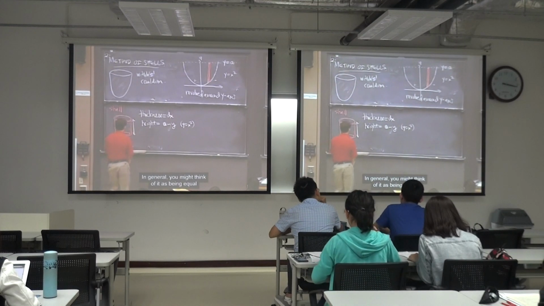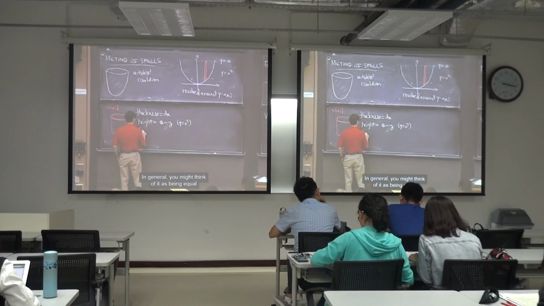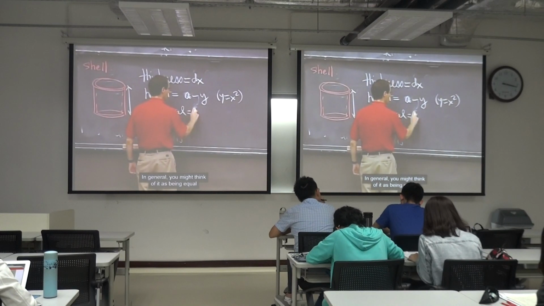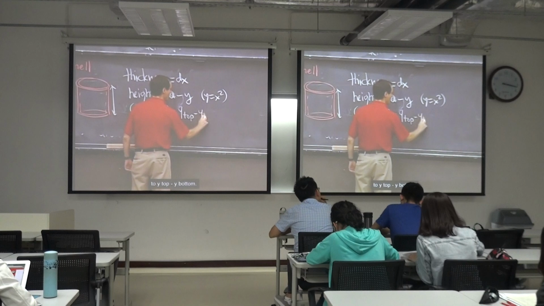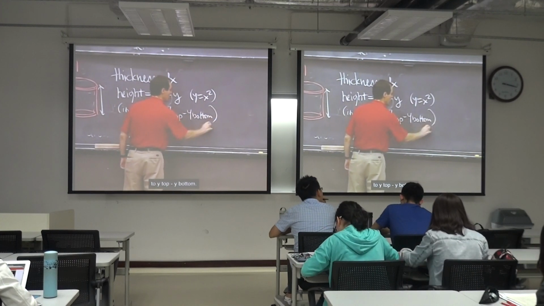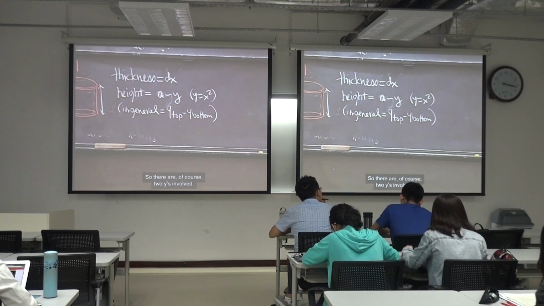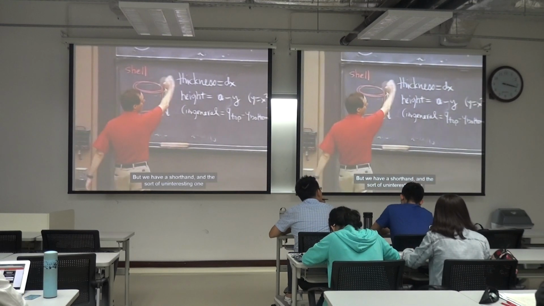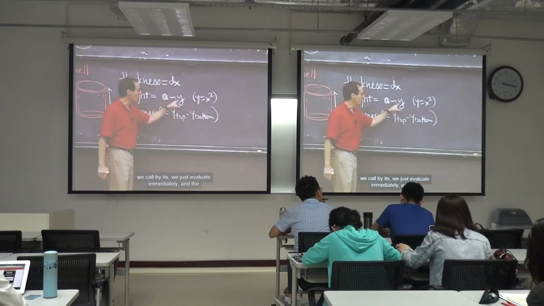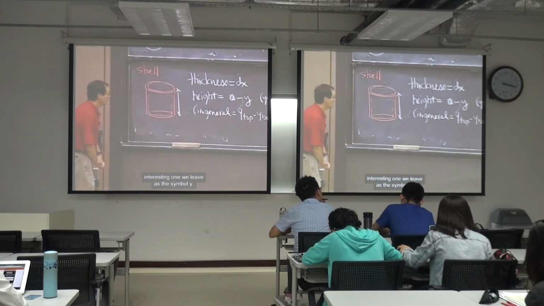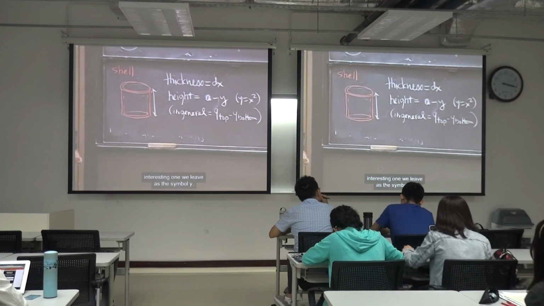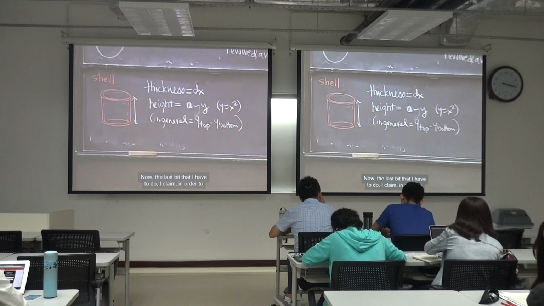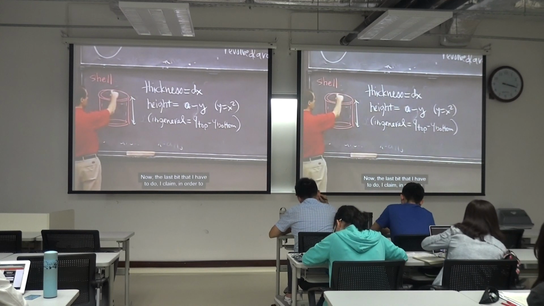In general, you might think of it as being equal to Y top minus Y bottom. So there are, of course, two Y's involved in disguise. But we have a shorthand: the uninteresting one we just evaluate immediately. The interesting one we leave as the symbol Y. All right? Now, the last bit that I have to do, I claim, in order to figure this out, is